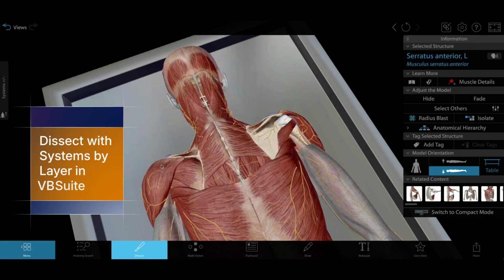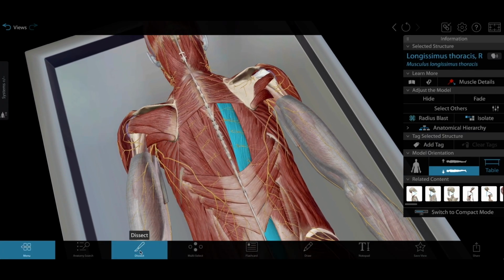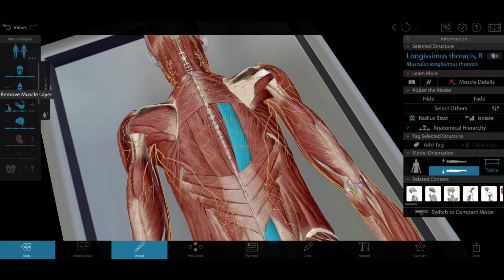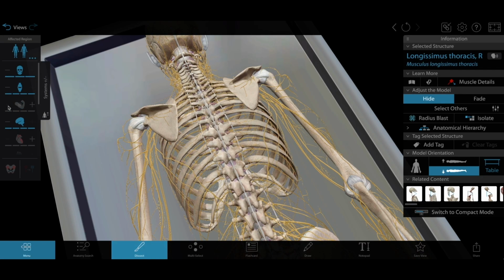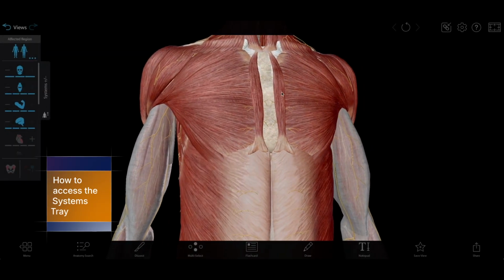There are a lot of benefits to virtual anatomy dissections. No messy and expensive specimens for one, but Visible Body Suite really stands out for its easy-to-use features. In this video, we'll show you how to use the Layers feature to dissect or build up a 3D gross anatomy view in seconds. In any gross anatomy view, you can access the systems tray via the tab on the